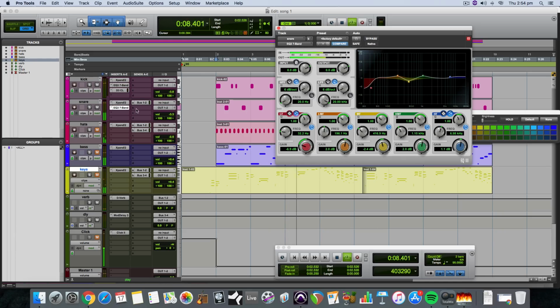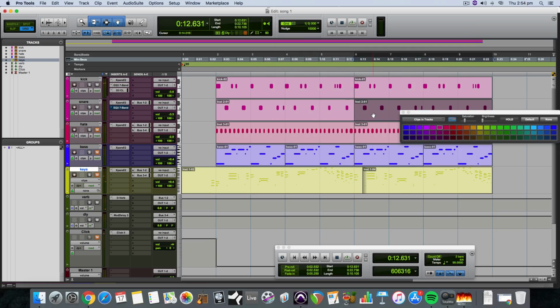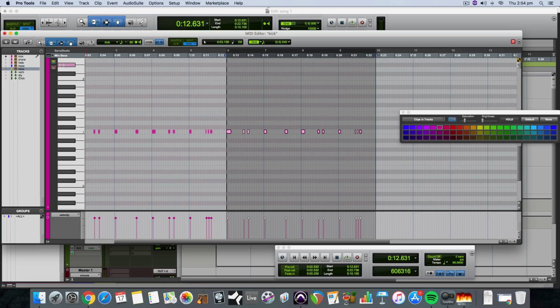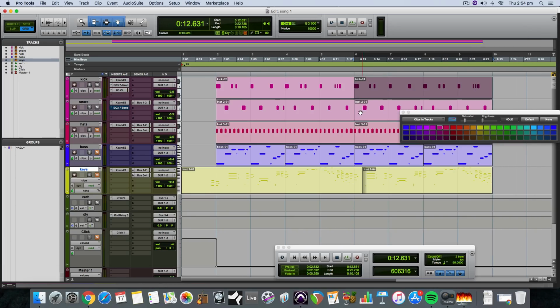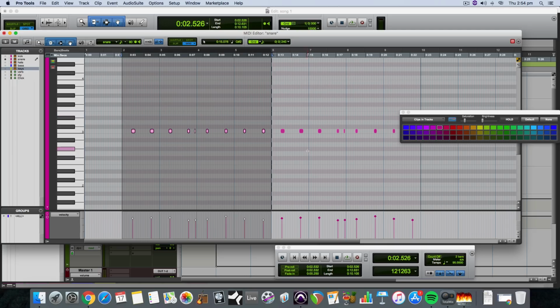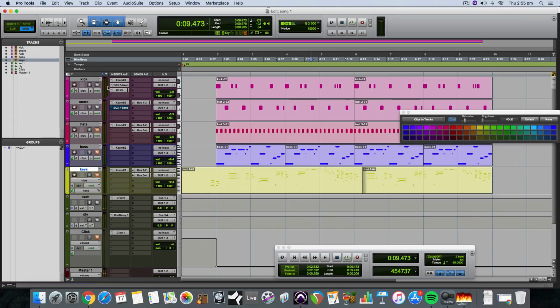Listen to it with and without. Okay, it's not a fantastic snare sound, but